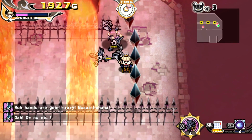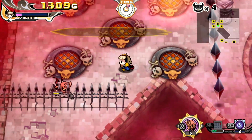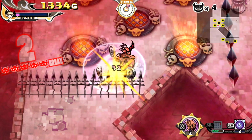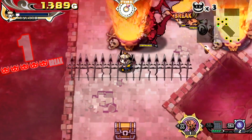click enter. While the feature itself is cool, the problem is that you'll have to input this all in real time while the game is running. This means that I found myself constantly running away from enemies just to get a decent amount of distance between us, so that I would have time to enter the currencies and pick the enemy I wanted to buy. It's a bit hectic, and it gets worse when you have to do it in a confined space with nowhere